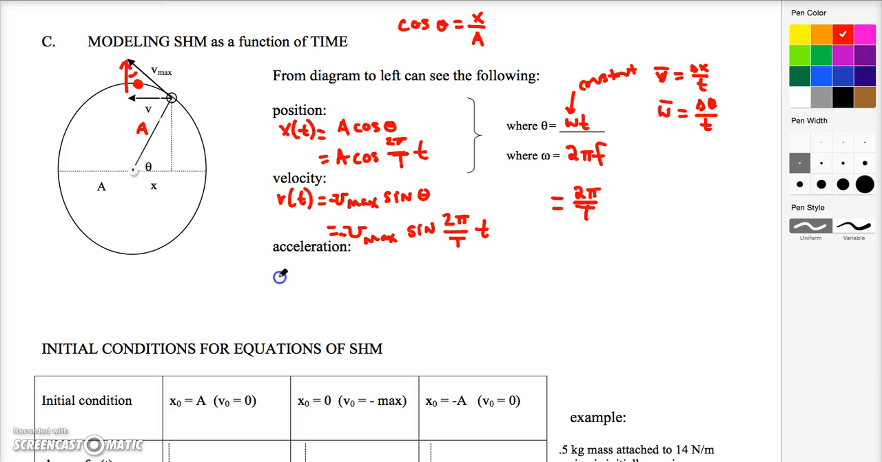And so before I run out of time here, I'm just going to write down what the acceleration vector is. The acceleration vector is also negative because it's accelerating that way to pick up speed. And so acceleration, if you recall, is minus k over m A cosine of 2π